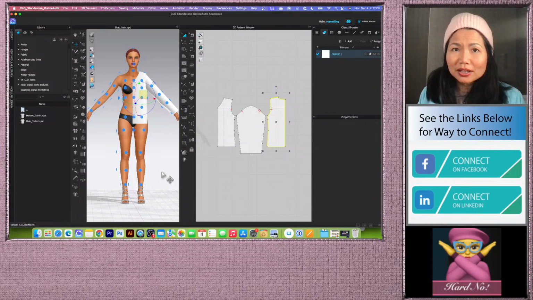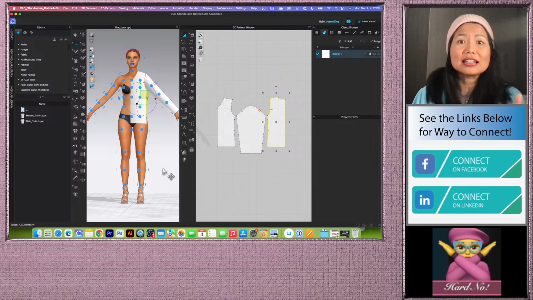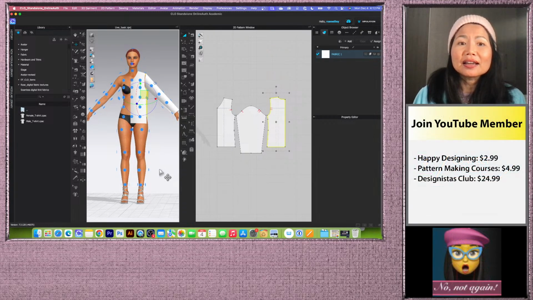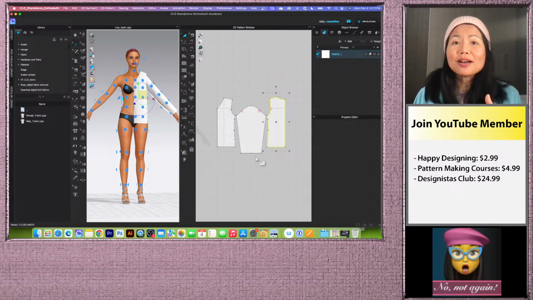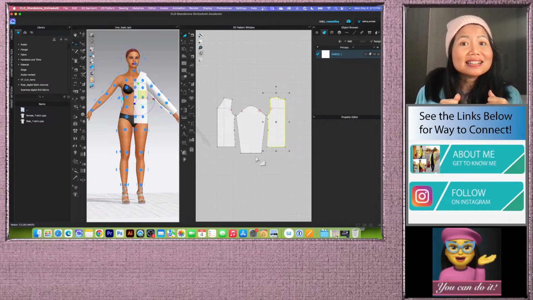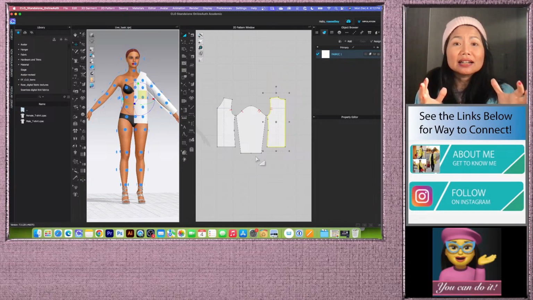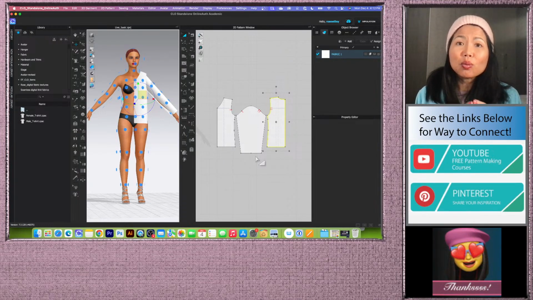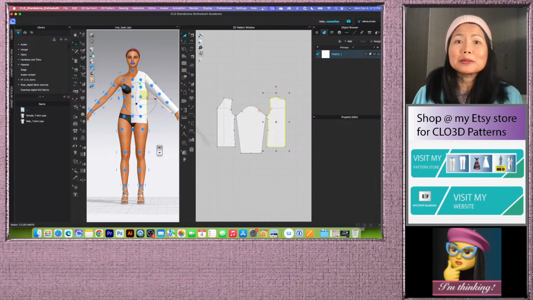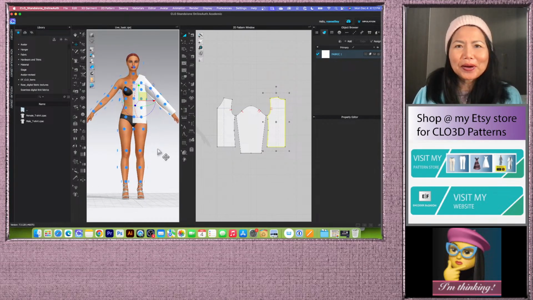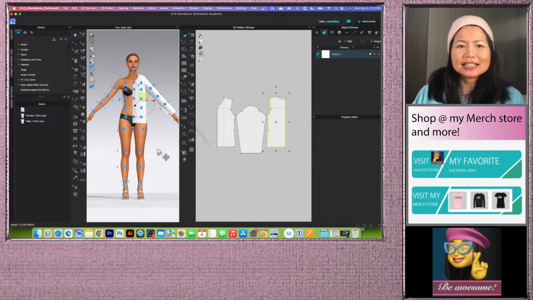I'm talking about this because we have so much trouble understanding the left or right side, and it becomes an issue when we draft a top with buttons or a certain zipper, and we want the button or buttonhole to stay either on the left or on the right, and we want that correct, because if it's incorrect, it's not cool, it's difficult, or it takes a lot of time to get back and fix it. All right, so let's get back to our pattern, and now I'm going to hide this arrangement